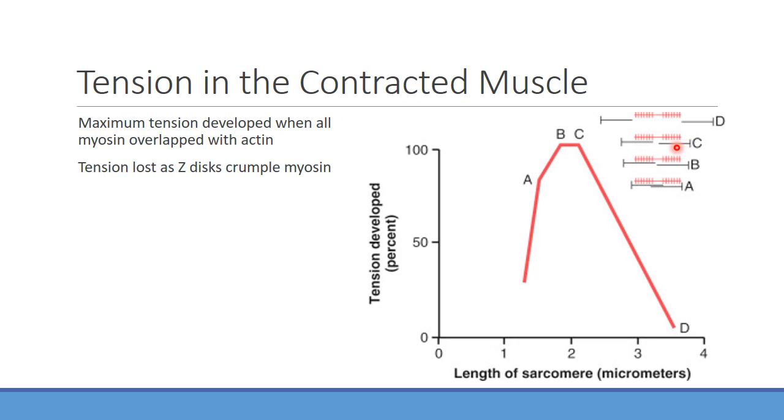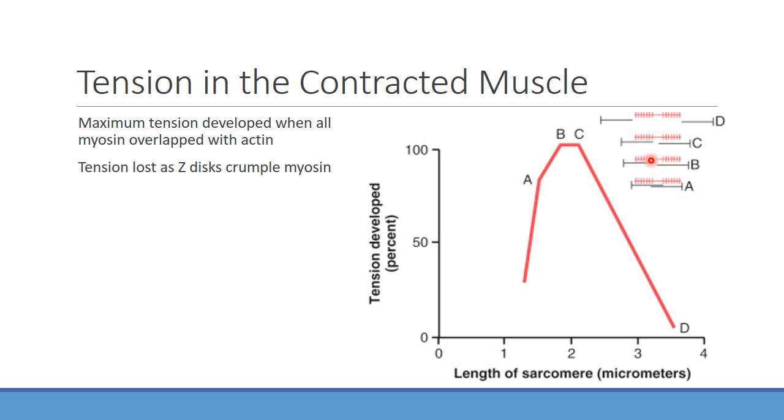Once you start to bring in the actin and start to cover more and more of the myosin, you're getting more and more force that occurs here. So you can see a big uptick in the actual tension. B and C are going to be pretty similar. B may be a little bit higher there as you have all the binding, or all the overlap, that's occurring there. But you can see that once you start to have too much contraction of that